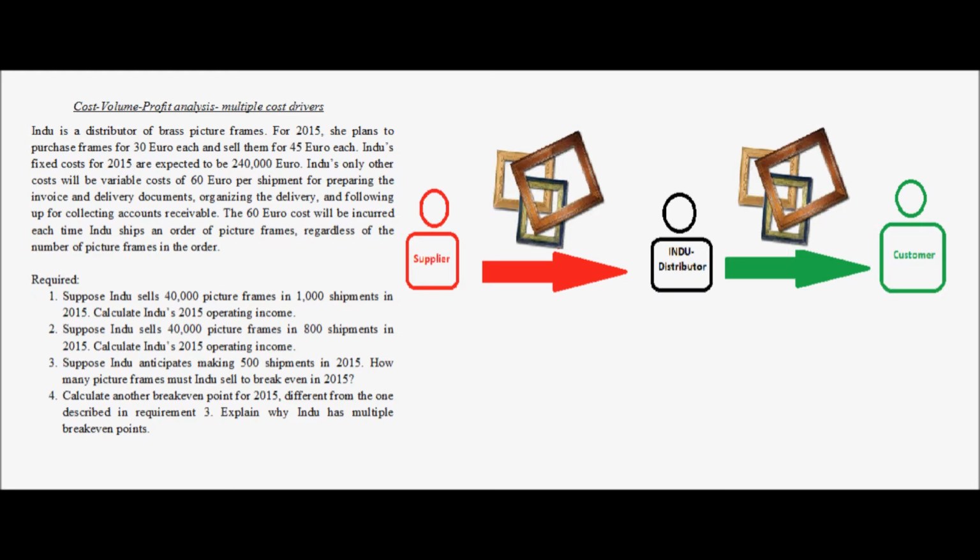Indu's fixed costs for 2015 are expected to be €240,000. Now, Indu's only other costs will be variable cost of €60 per shipment for preparing the invoice and delivery documents,